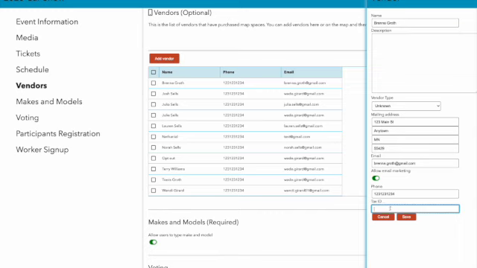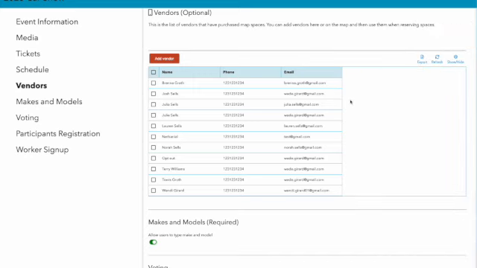And then again, the tax ID is something else that we added for vendors. So they can enter in their tax ID when they're purchasing a spot, but you can also manually enter it in for each vendor. And what's nice about having the vendor list here is that from here you can export it out into a CSV and do mailing labels from it. Or just have a sign-up sheet available to you at the event where you can check off names as they're coming in. And so this gives you a lot of freedom to be able to work with vendors as well